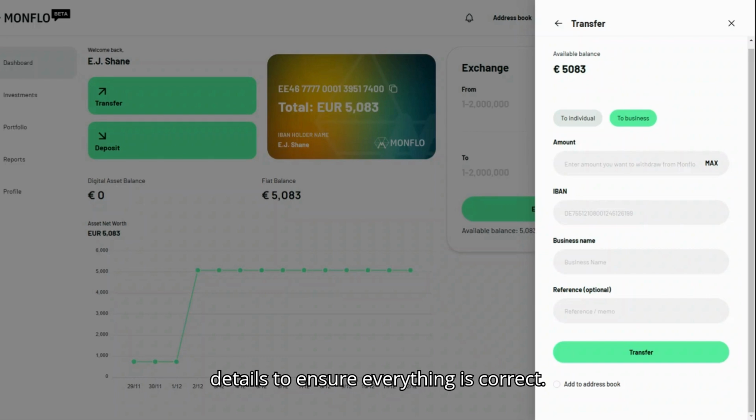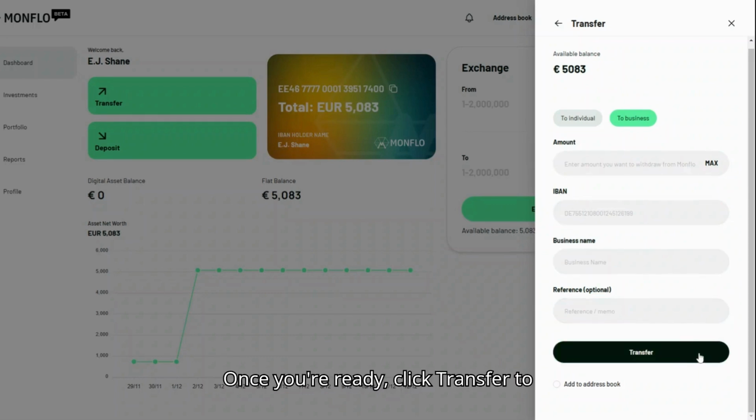Finally, review all the details to ensure everything is correct. Once you're ready, click Transfer to complete the